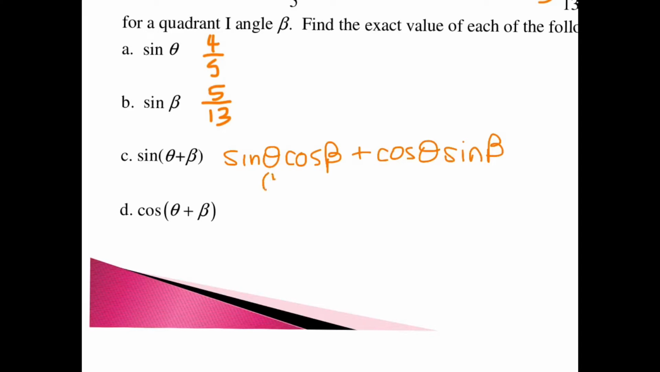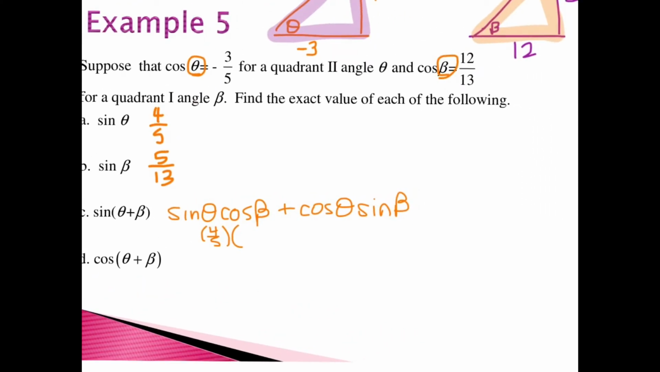And then sine of theta we just found to be 4/5. Cosine of beta was given to us, that's the 12/13. Plus the cosine of theta, which is negative 3/5, and the sine of beta, which is 5/13. Multiply those pairs out, and I get